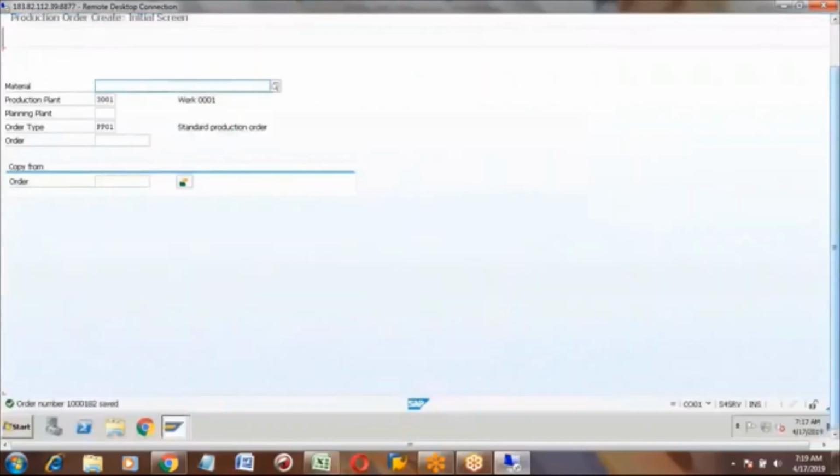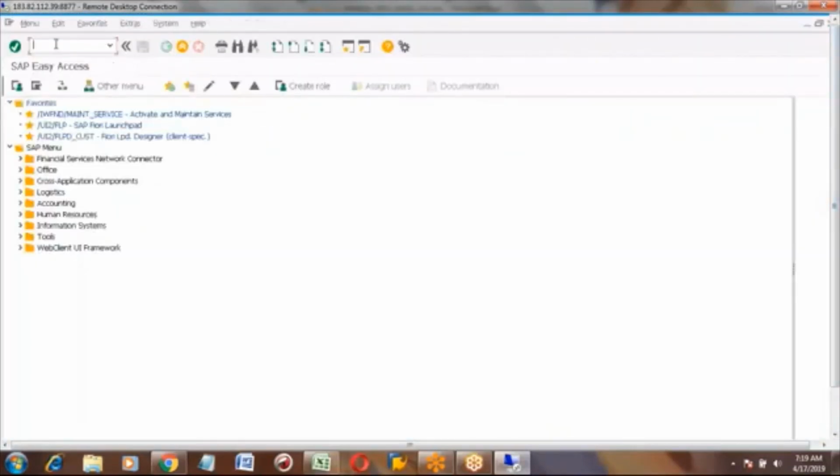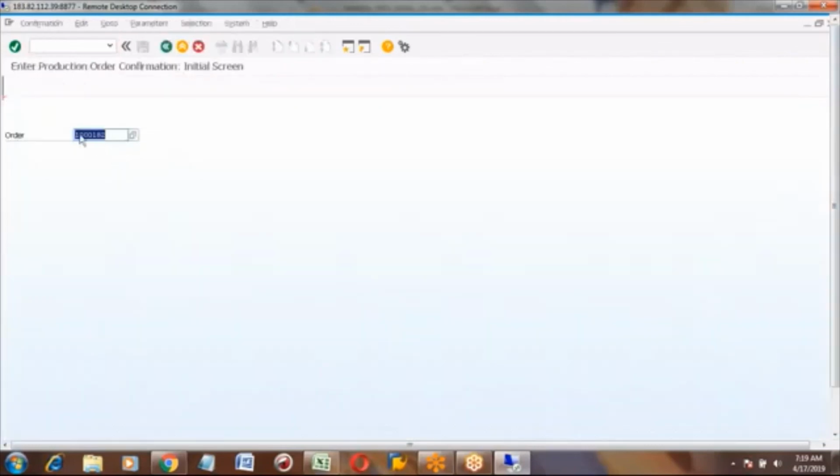Now the new order 1182 is created. If you go to CO15, you can see enter production order confirmation. So order wise, we are completing it entirely. Enter the production order number and press enter.